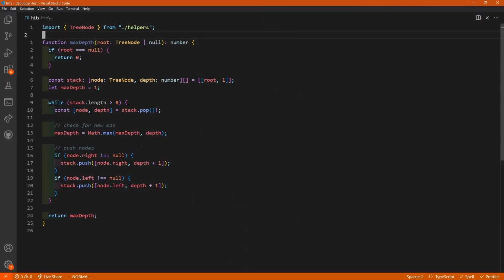The time complexity of this solution is O of n, where n is the number of nodes in our tree. So the more nodes we have, the more nodes we need to traverse. We have to look through every single node, no matter what, and we only iterate over the tree one time. And then the size of the stack is going to be